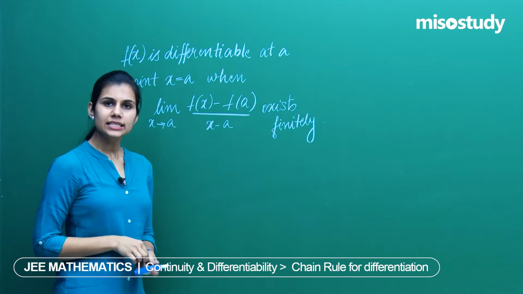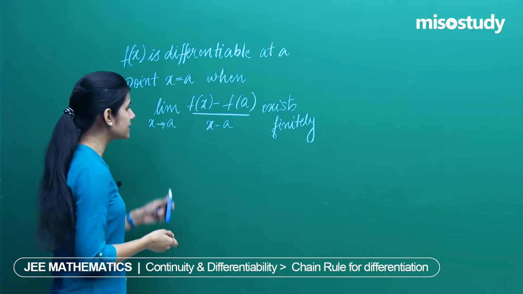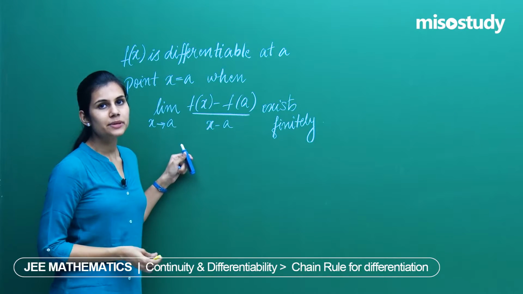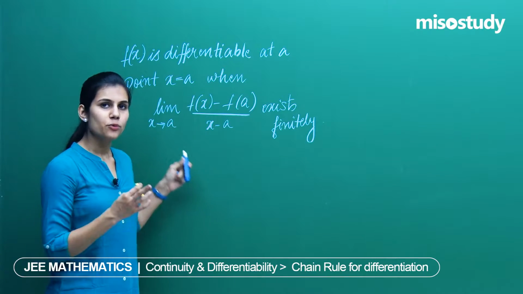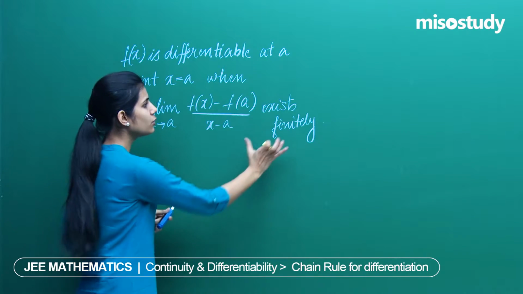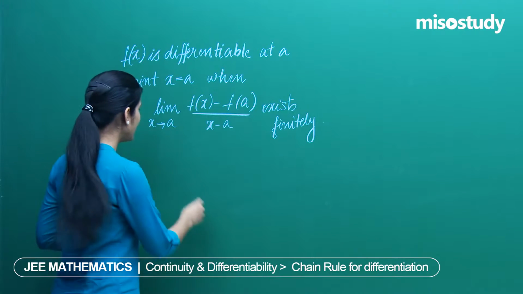And then we said this limit existing means this limit existing from the left of a and this limit existing from the right of a, and both of them are equal to the same number, which is this, right? And therefore,